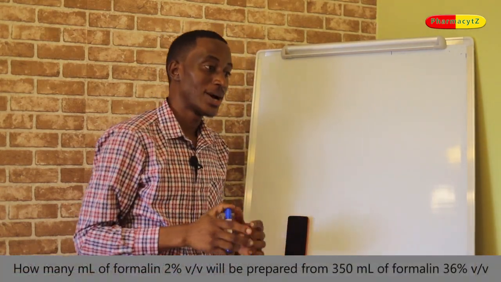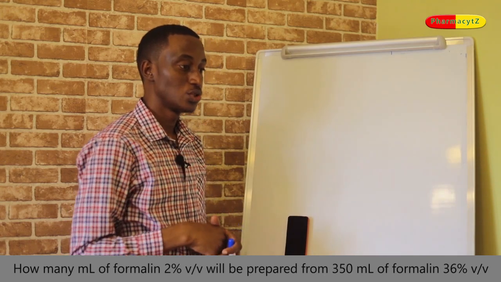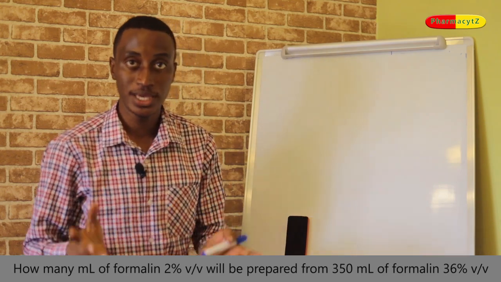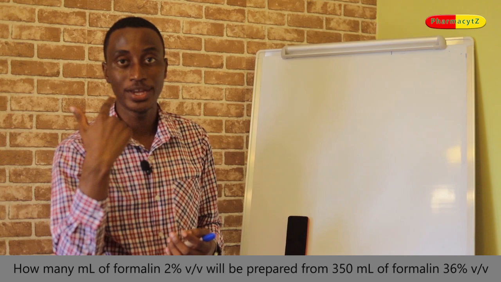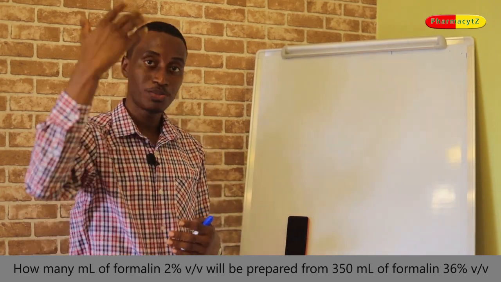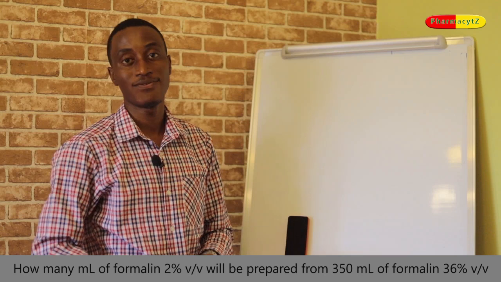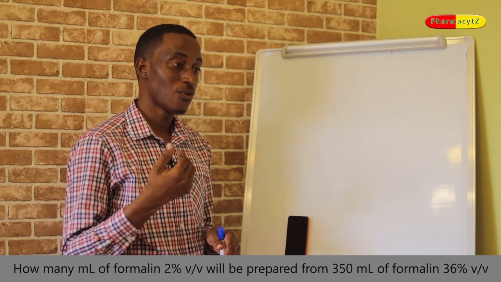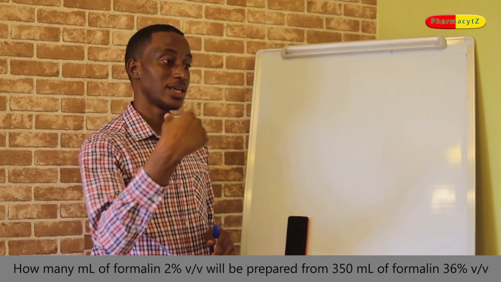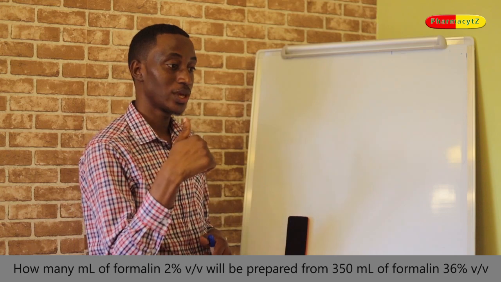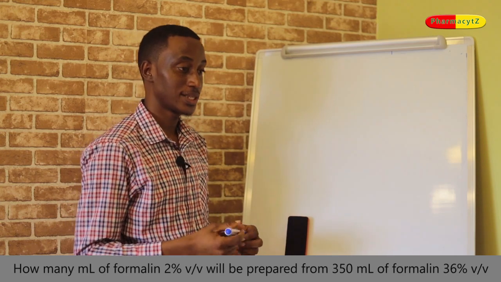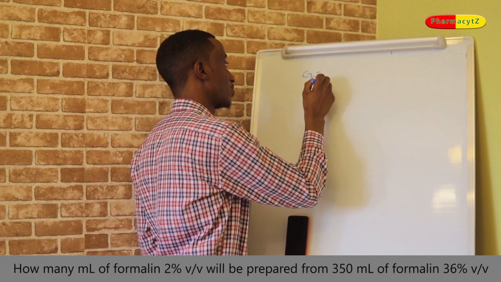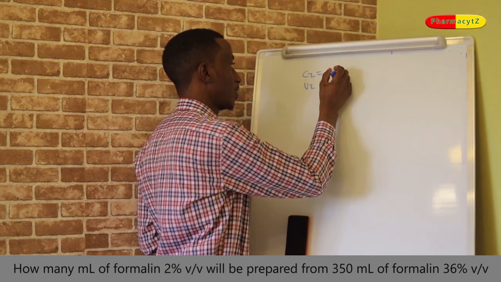How many ml of formalin 2% will be prepared from 250 ml of formalin 36%? Remember, what you have on the table is what is considered as 1, or initial volume or concentration. What you need to prepare is what is considered as 2, or the final preparation. The question states how many ml of formalin will be prepared, then formalin 2% is what we are targeting to prepare. So that is 2. Concentration 2, which is to be prepared, is 2%,